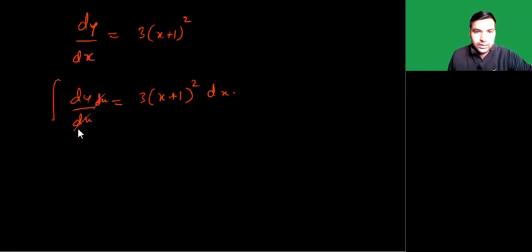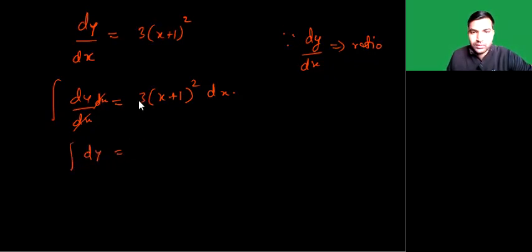Now this dx and this dx. So friends, you should know one more thing. When we say dy by dx, this is a ratio. All right. So this dy by dx is a ratio. That means I can cancel this dx and dx, and therefore we have integral sign dy is equal to integration over here with respect to x of 3 into (x plus 1) square dx. Now we know that integration and differentiation are reverse processes of each other. Therefore, integration and derivative of y, these two will cancel out each other. This is same as y.